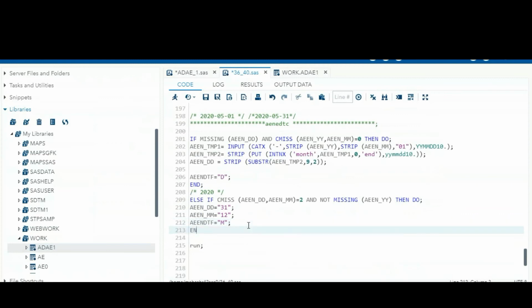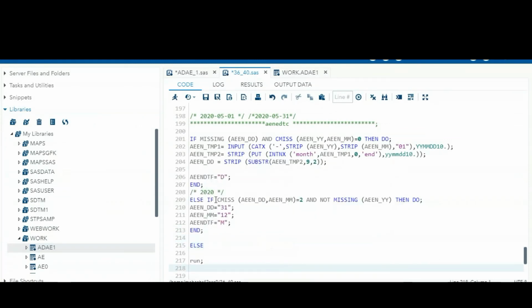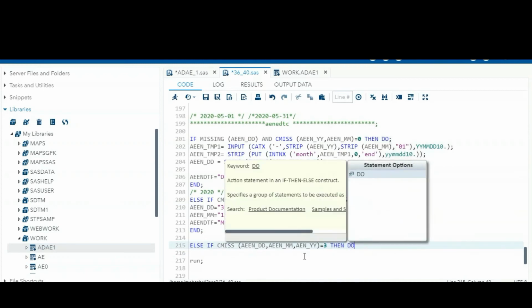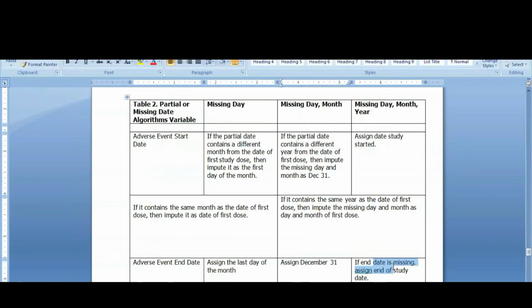Okay. If completely missing, like the day part, month part, everything is missing. Else if cmiss, date part is missing, month part is missing, and year part is also missing. Okay, everything is missing. Then do, so what they do is they assign, the end date is missing, assign the end of study day.